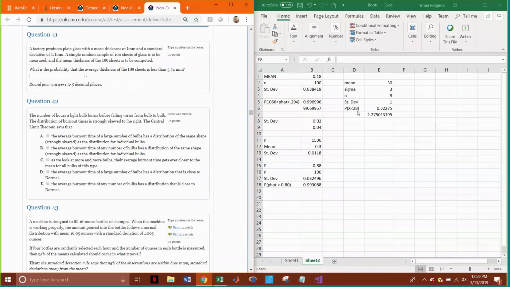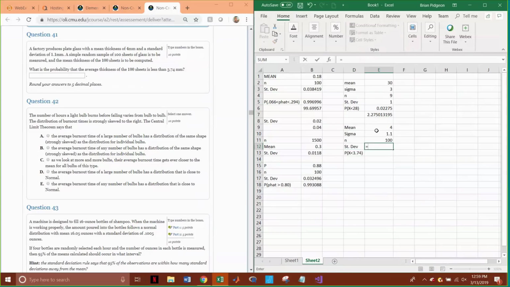All right, question 41. A factory produces plate glass with a mean thickness of 4, so the mean is 4, and a standard deviation, sigma, of 1.1. A sample of 100 sheets is going to be selected. What is the probability that the average of the 100 sheets is less than 3.74? In order to do this, we need to find the standard deviation of the sampling distribution, which we know is going to be sigma divided by the square root of n,